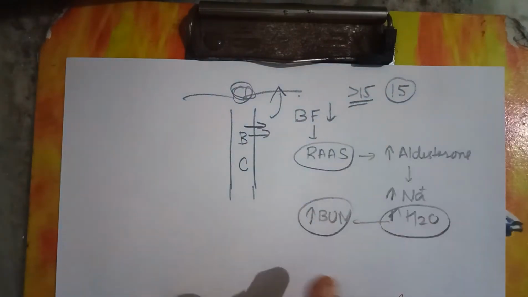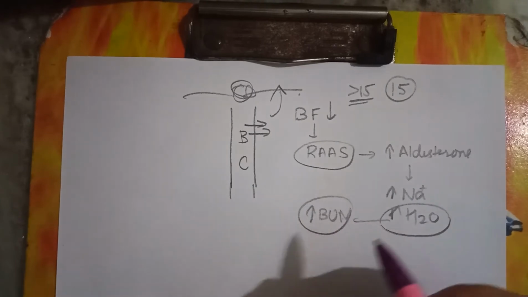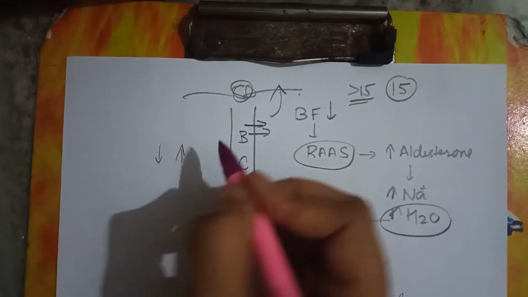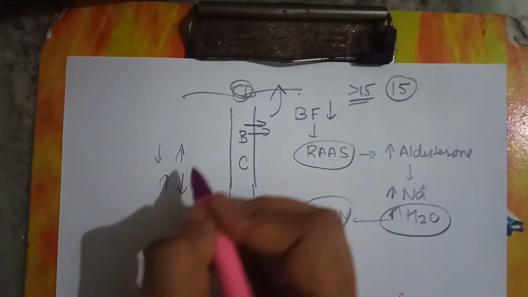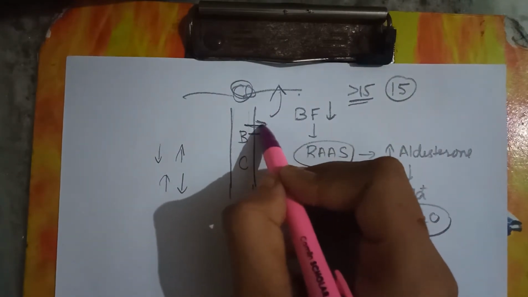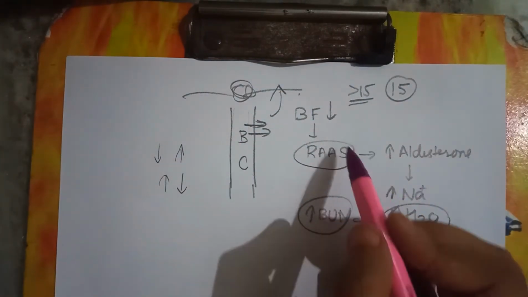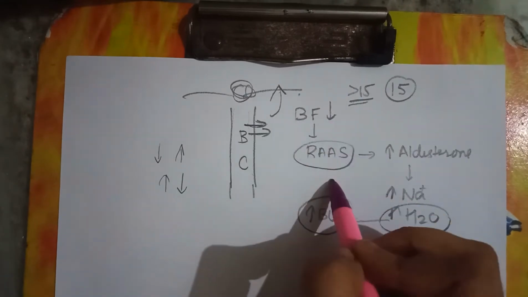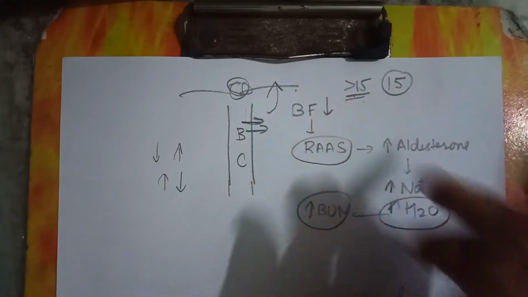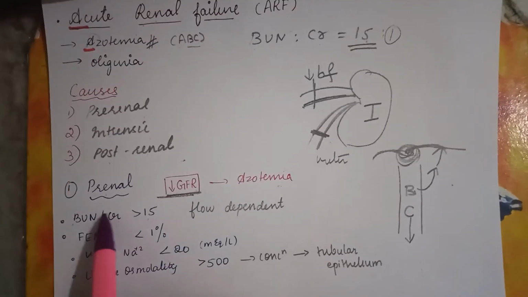One cause is this. And one more thing we can remember is that blood urea nitrogen absorption is flow dependent. That is, when the blood flow is less, there is more absorption, and when the flow is more, there is less absorption. Basically, the kidney is relaxed since there is less flow of blood, so it does more work by absorbing more blood urea nitrogen. This is one method, and the other you can remember is activation of RAS. Since the blood flow is less, there is an increase in blood urea nitrogen level. As I told, there is an increase in this ratio.